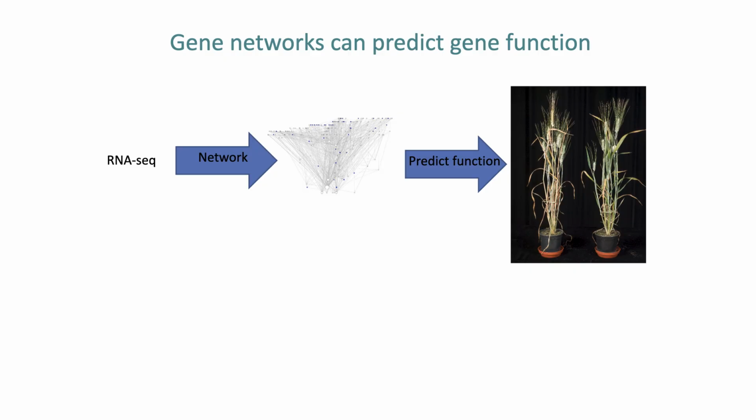So we can use RNA sequencing to tease apart these effects of the gene copies that we couldn't understand using approaches like mutagenesis. We can build a gene network in wheat, which is really underpinned by these new genome sequences that we have available for wheat. And then we can predict which genes might be involved in regulating a particular trait that we're interested in, in our case, senescence. We can use sequence mutants that allow us to just rapidly order a mutant in our gene of interest. We still have to cross them together, so that does take a bit of time, but it's much quicker